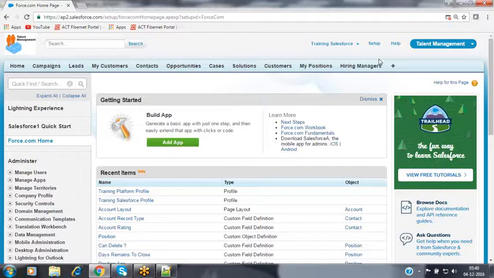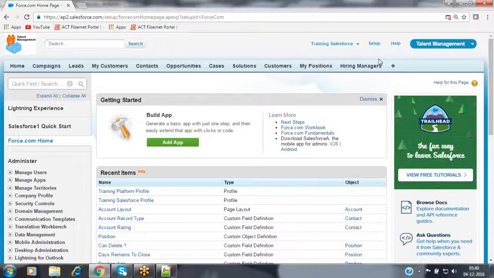So inside an organization, we can create one or more users, depending upon the number of licenses that we have. For each and every user, we have to assign a license. Without the license, we cannot add the users. If you have 10 licenses, we can add only 10 users, not more than that. So every user should be associated with a user license. That license will decide what features can be accessible by this user.